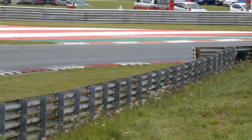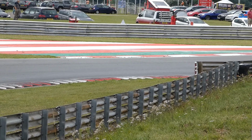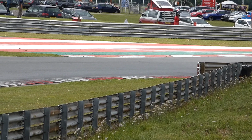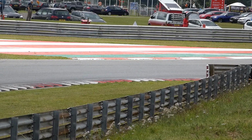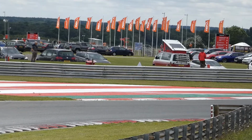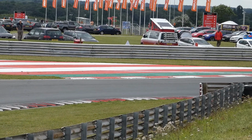We have got a bit of a spread in the field at the moment, but you get GT3 series, GT4 series all over the world complaining about balance of performance all the time, and people moaning about what car's good and what car's not. But even here, this just shows you that no matter what the car is, you can have some great racing. The battle for second place is really hotting up as through Hamilton goes, Evans and Fielder